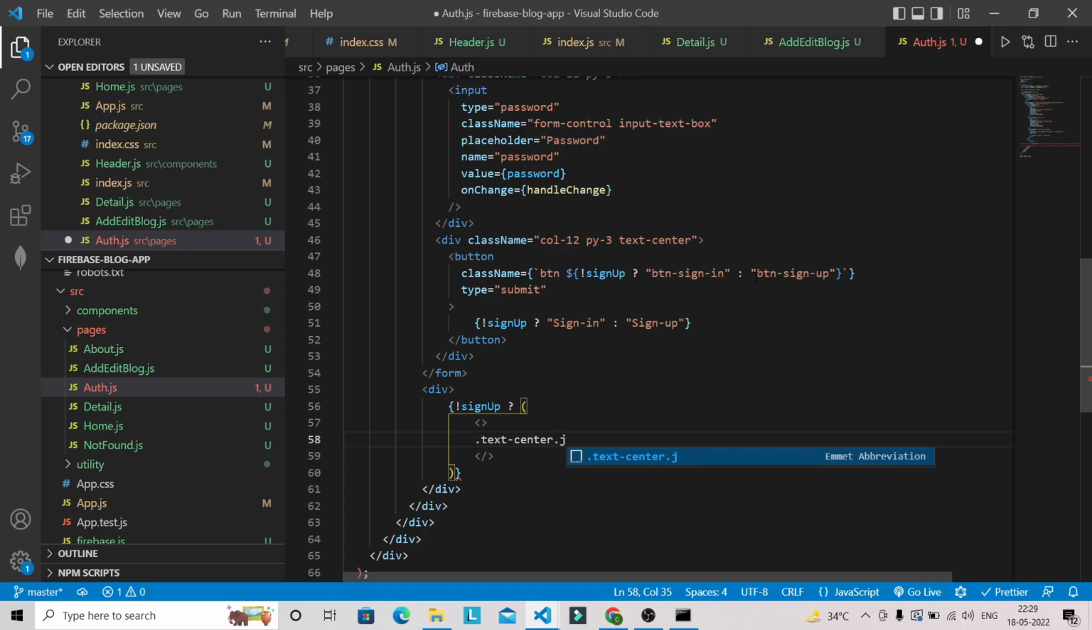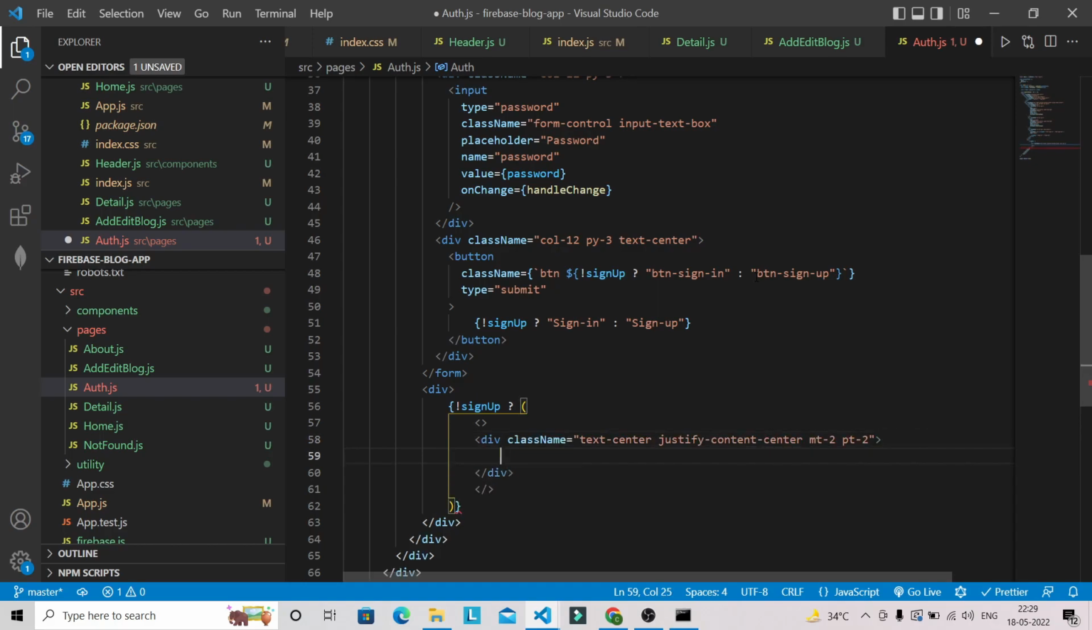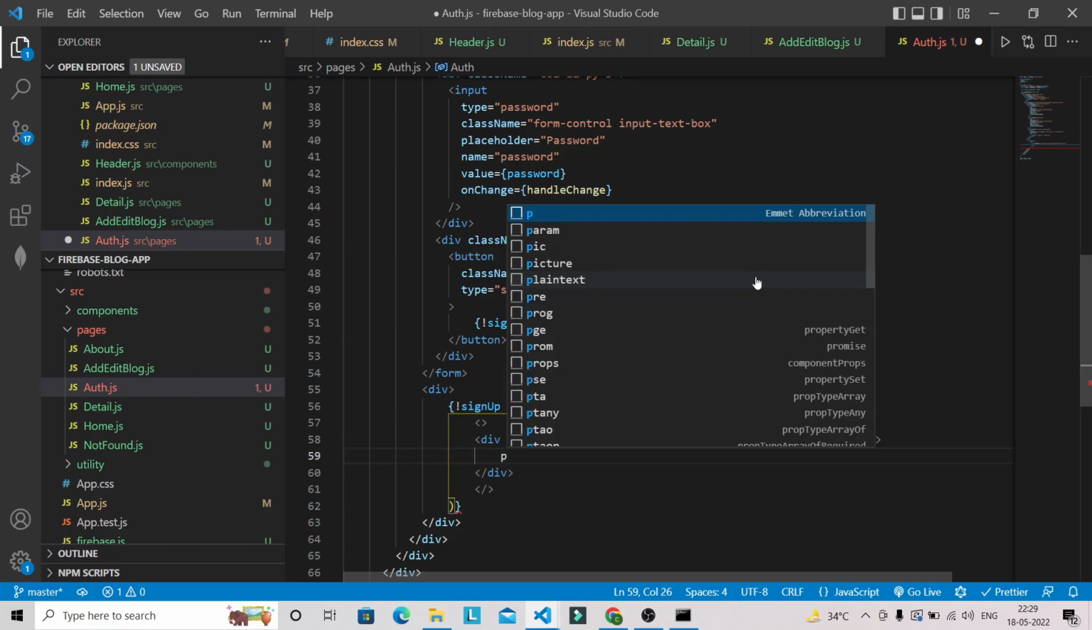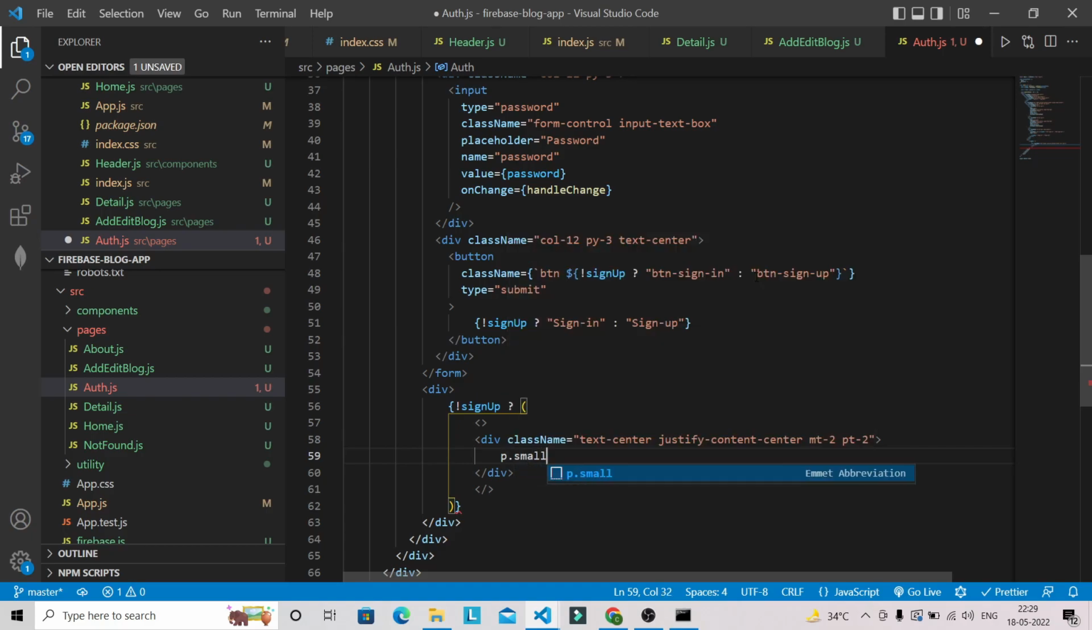Again I'm going to have this justify content center, and empty -2, padding top -2. Okay, so inside this div I'm going to have p tag with the class name small f w -bold, empty -2, pt -1, mb -0,